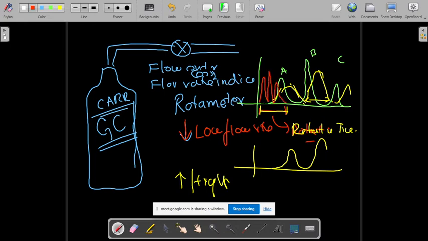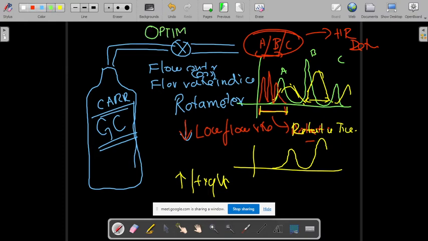If the flow rate is very high, everything will come very fast. It will be very difficult to differentiate between the 3 components, whether it is A, B or C. It will be very fast unless you use a very high resolution detector. With a very high resolution detector, it is possible to detect. But for a normal detector, if the flow rate is very high, it will not be possible to identify the individual components. So the flow rate has to be controlled at the optimum level, free of any of these problems.